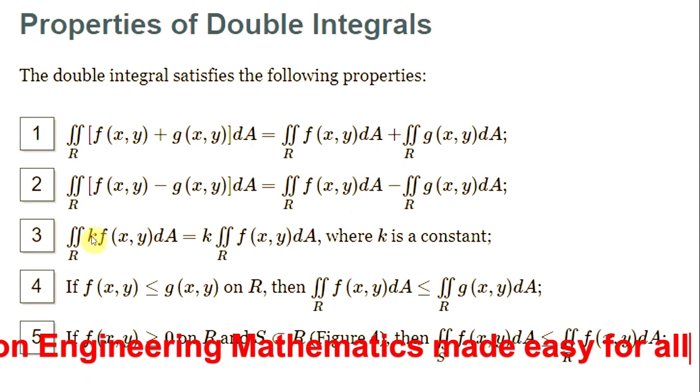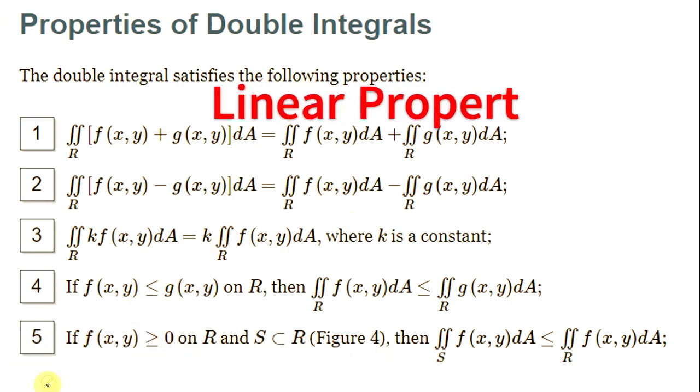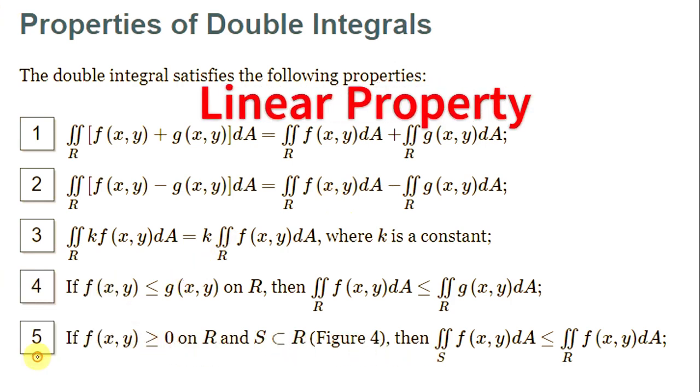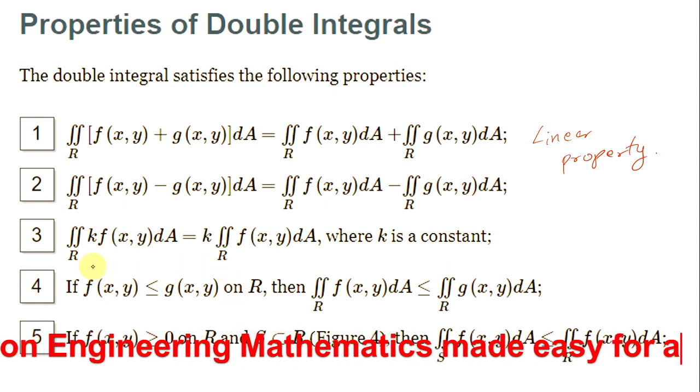So this is the addition property and this is the subtraction property. We also call this the linear property. Is it clear, students? So next we'll go to the